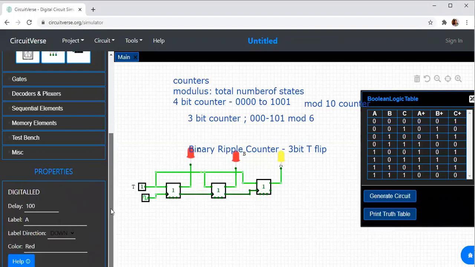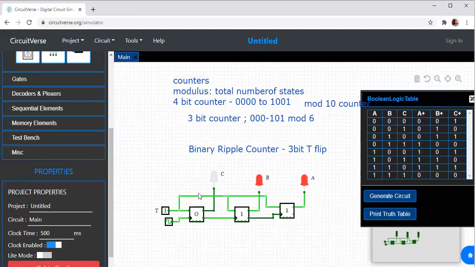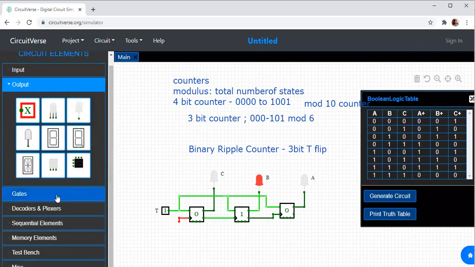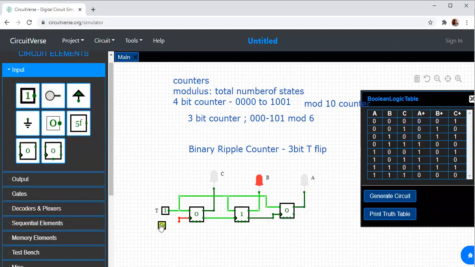I have my A. You can see the count sequence over there. As and when the clock is varying, the circuit is getting varied. Now, what is the first sequence? It is moving very fast, so I cannot hold this. See, I have 111, then it was 000, 001, 010. It goes very fast. I don't want to give this as the clock. You have to use a clock, but I'll just show it with the input, so that you can observe the sequence.